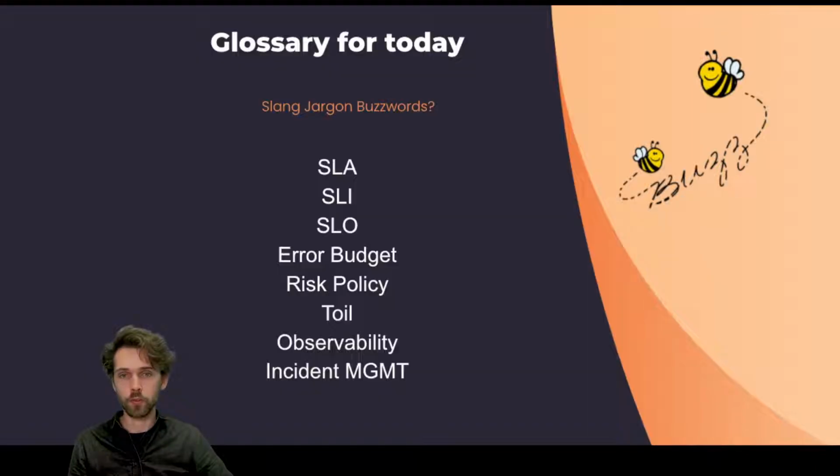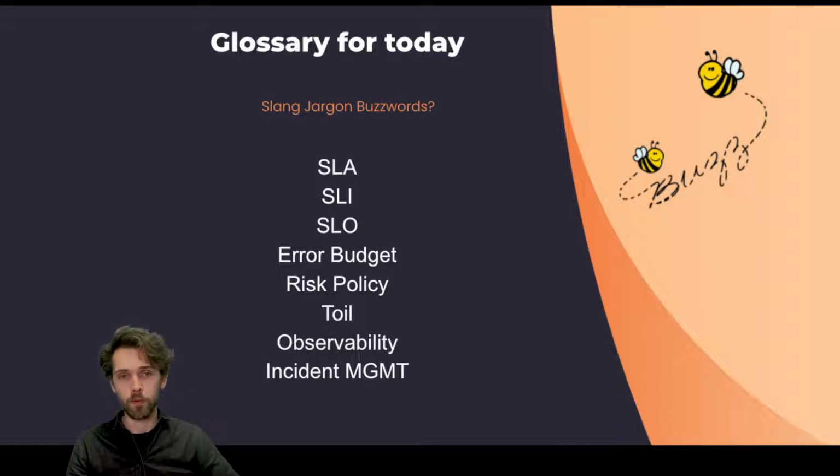So what are we going to handle today? The words here. We're going to start with an SLA. Then we're going to get to how we can build up an SLO, which is via an SLI. The negative part of an SLO, what remains, is the error budget. So these three together make the data-driven part.